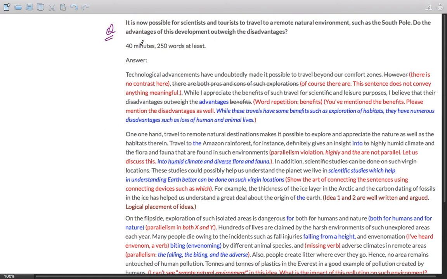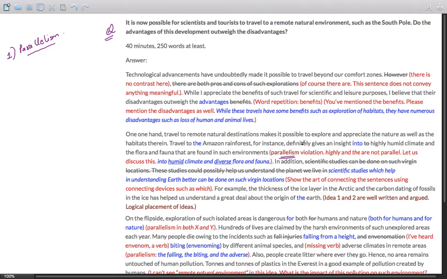The purpose of this video is to discuss some of the mistakes the student has made, and the first one here is that of parallelism. Though I have discussed parallelism in a number of essay corrections as well as dedicated videos on that, the student has made several mistakes over here, and let me go through them quickly. The first mistake is over here.